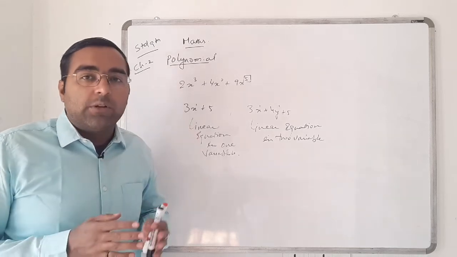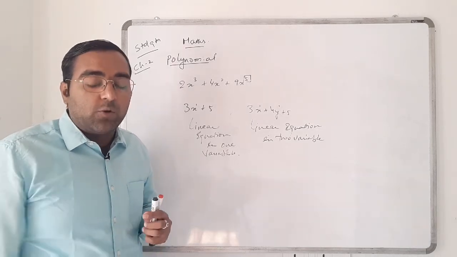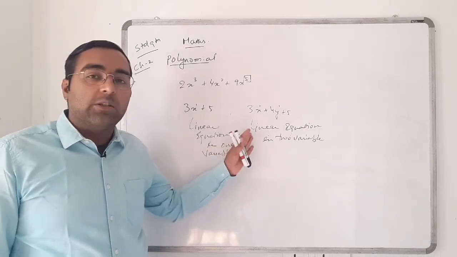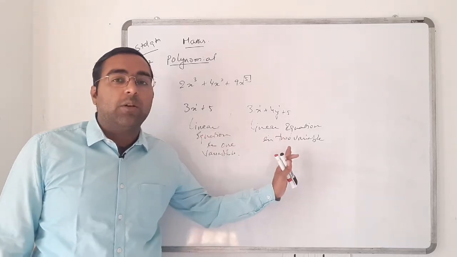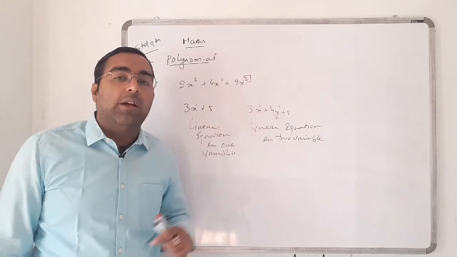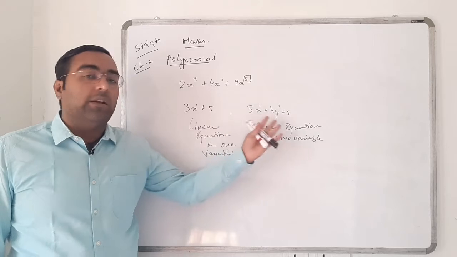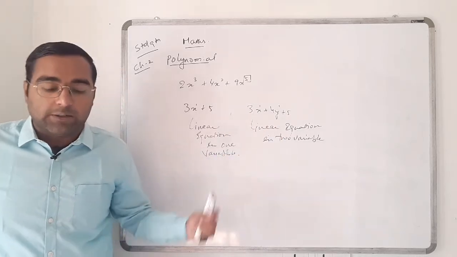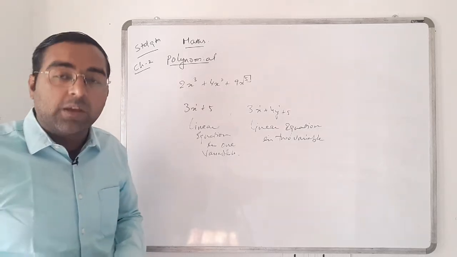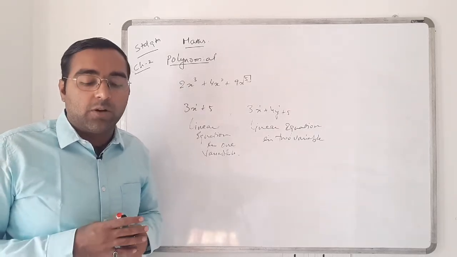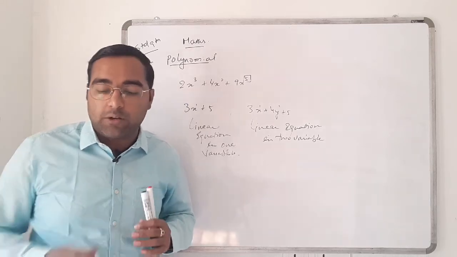Now after this chapter, we are going on with chapter number 2, polynomial. After that we will do chapter number 4, whose name is linear equation in two variables. The difference between them is that one is in one variable and the other is in two variables, so they are different kinds of chapters. Now we are moving on to polynomial. So let's start with the worksheet.